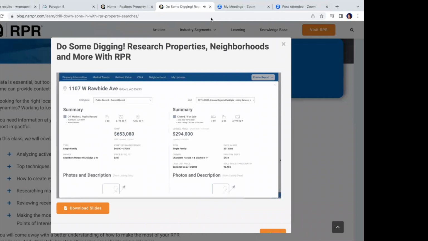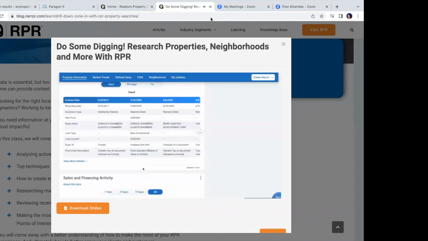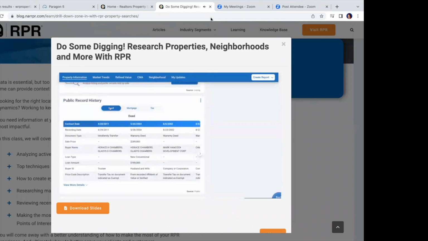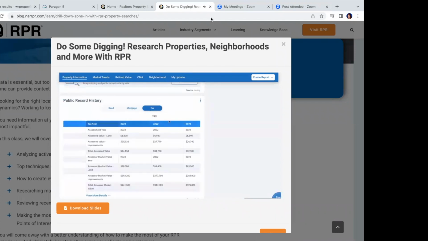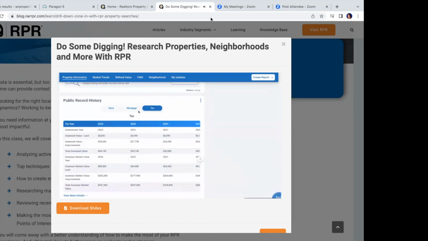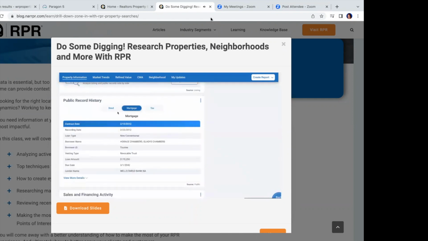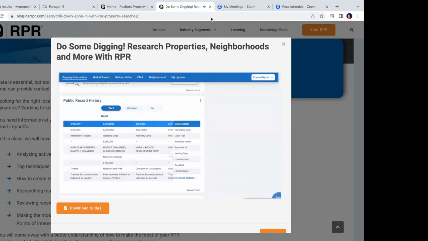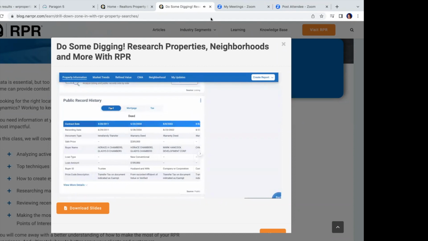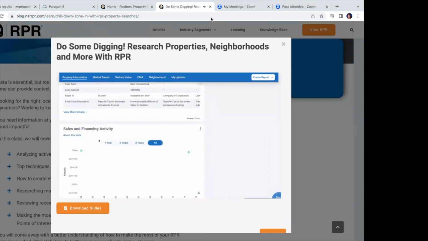So that's available for you. You have public record history, whether it's deed, mortgage, tax information, or foreclosure information. So again, that true picture of what's going on with a property, whether it went to a trust, had a quitclaim or a warranty deed, maybe it went through financial distress,